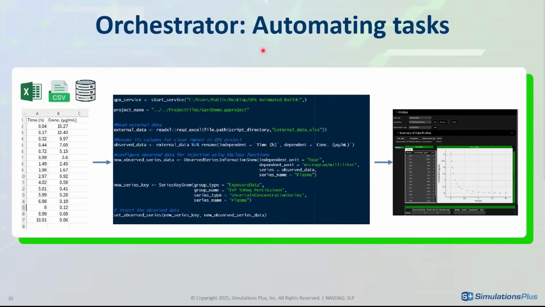Let me excite you with one example. Ask any PBPK or PBBM modeler to name the most painful point in getting started with their modeling, and most will say it is the loading of observed data. Fear no more with GPX.2, as you can avoid the pain and save the time by doing this automatically with